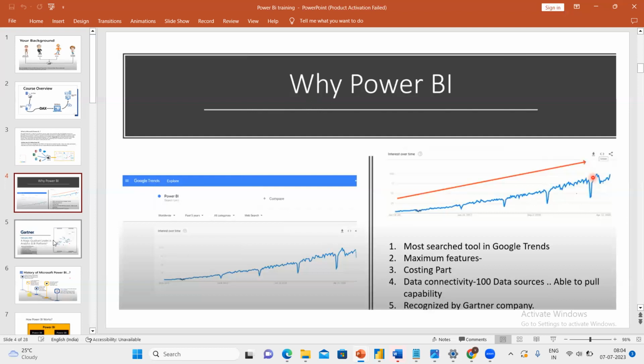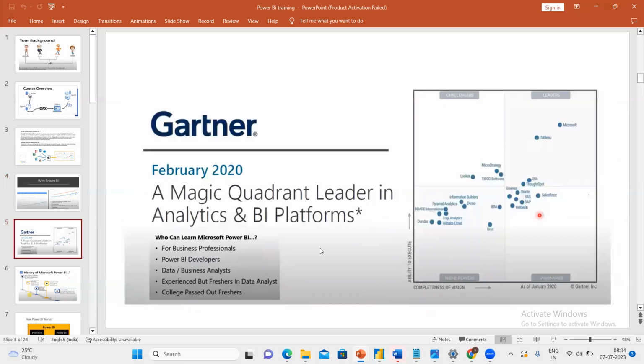And it is recognized by Gartner. What is this Gartner? Gartner is a third party company, guys. They take customer ratings. Every year they interact with almost every customer there is. This is not Microsoft or any other company; this is a third party company. They give ratings for every business intelligence tool. Microsoft Power BI is a Microsoft tool. Microsoft is a leader of the board in 2020. This screenshot is from the previous year.